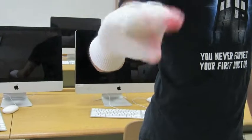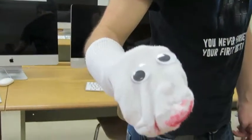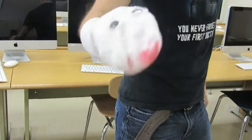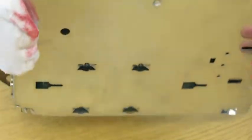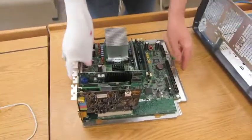Next, we'll be installing the motherboard. This motherboard is different because it was installed awkwardly. It has this plate on the bottom where the motherboard is actually screwed in. This is how this was installed for this particular model of computer. Most motherboards you have to screw in, but you just have to screw this one onto this plate, and